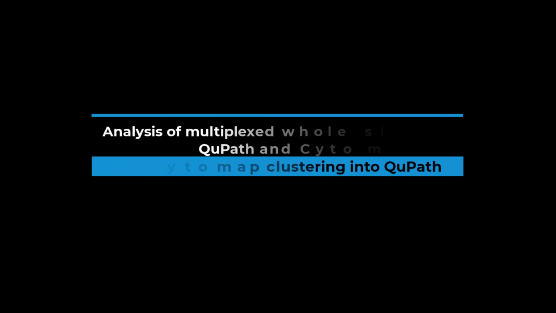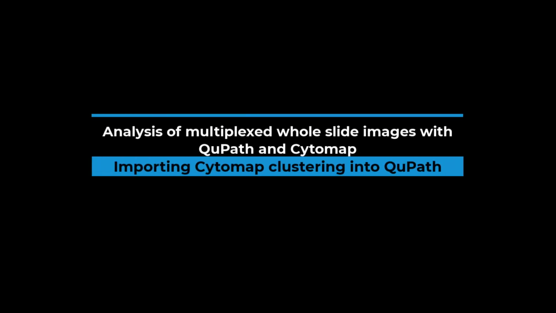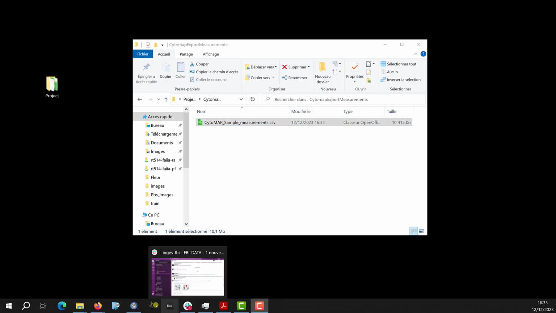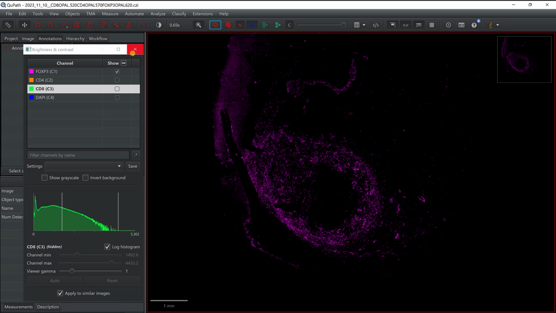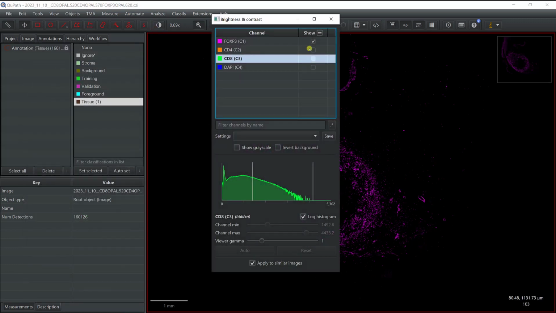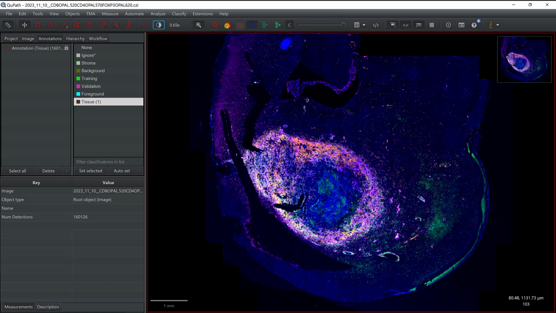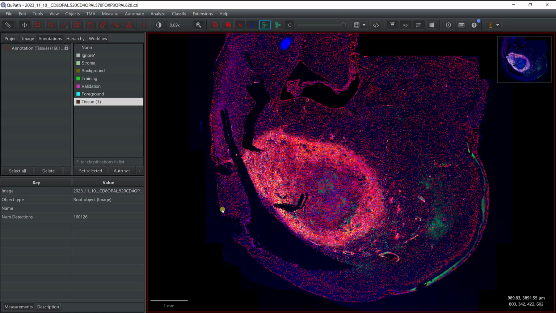In this video, I'm going to show you how you can import back the unsupervised clustering we performed within Cytomap into QuPath. So that's the file that was exported from Cytomap. If I go back to QuPath, I'm going to put it back here. I have all my cells, all my markers. And now if I open